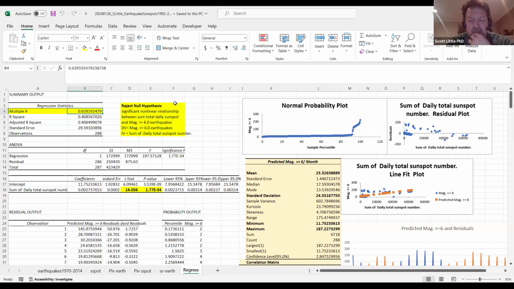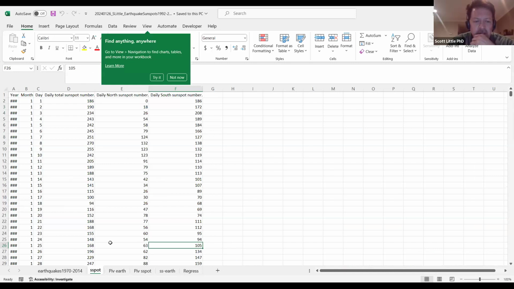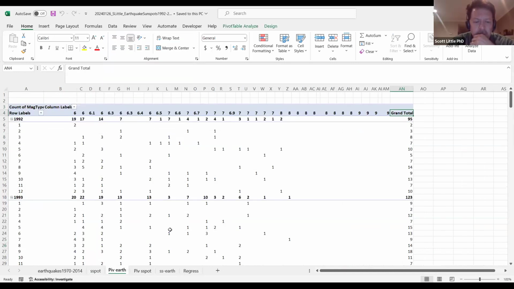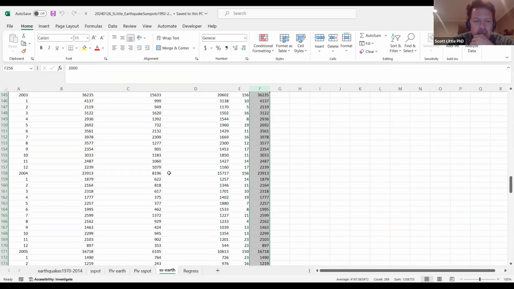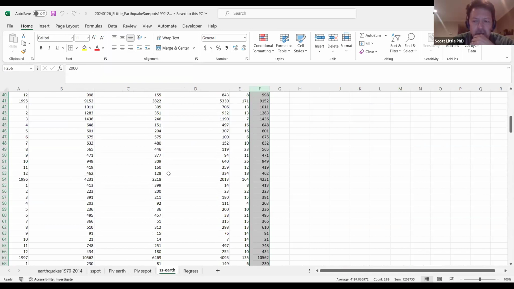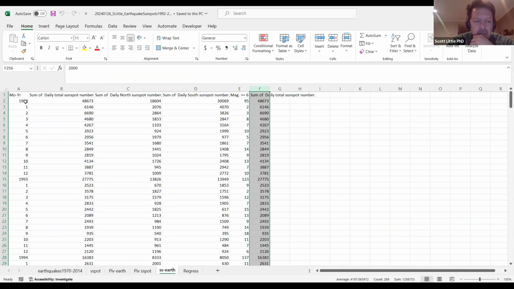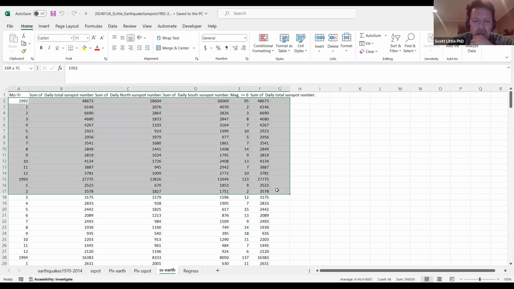So this is just an example of pulling different data. I got this data from the NOAA and NASA and also the USGS sites. Here's some of the sunspot data. Here's my earthquake data that I created a pivot table with, and I just had to match them, and do a little bit of data transforming to get everything to match, to get it to monthlies, going from years to months.